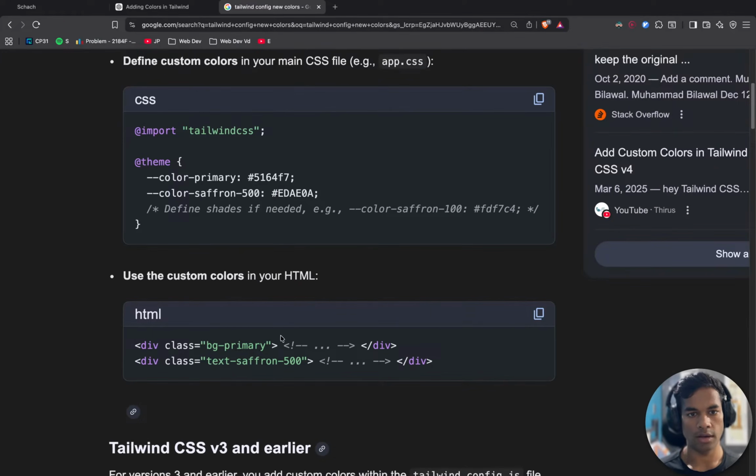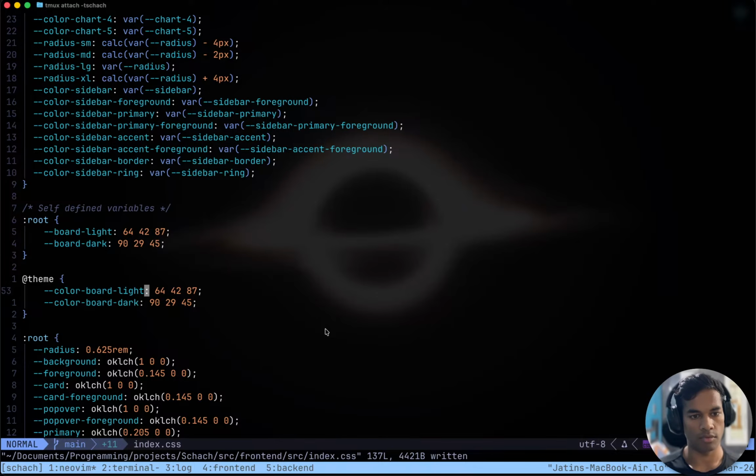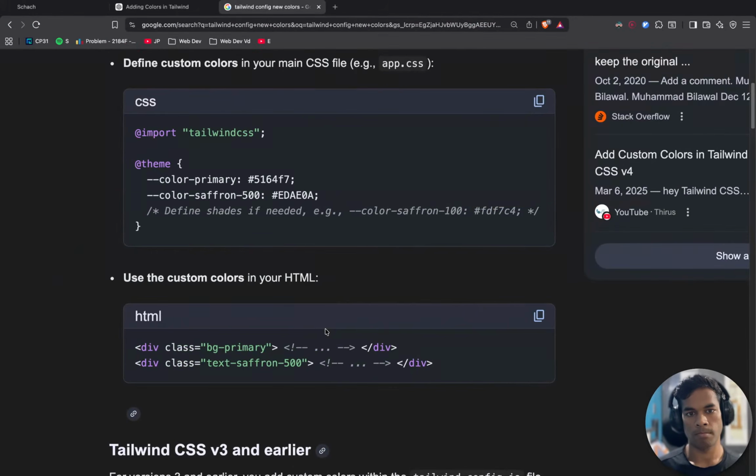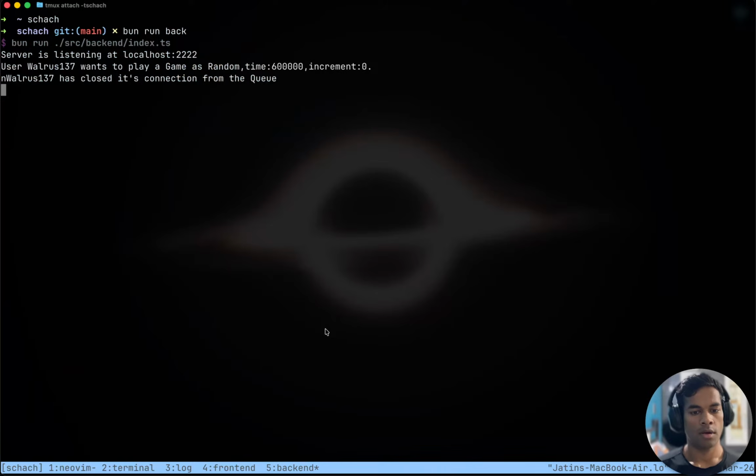Color board light, color board dark, primary, and saffron, with HSL format. Like this. HSL. And okay, that might be good enough.